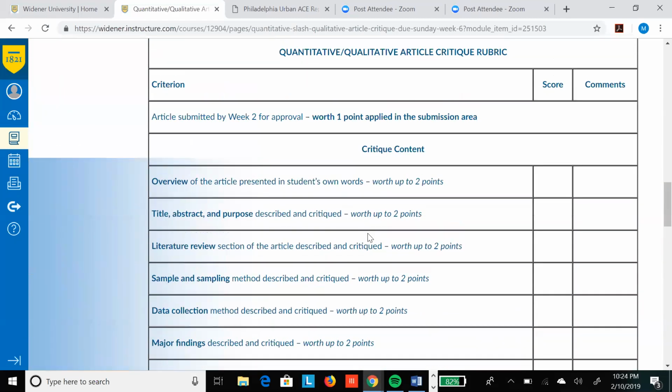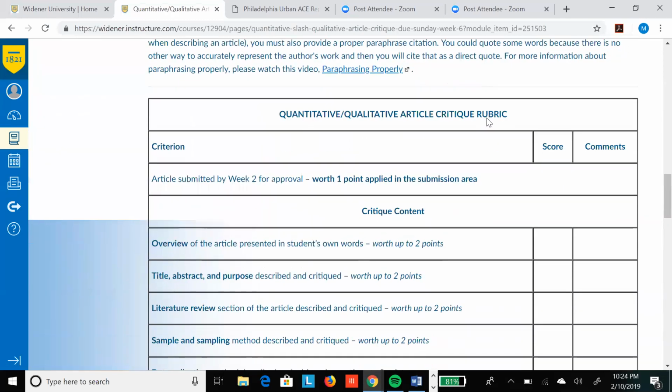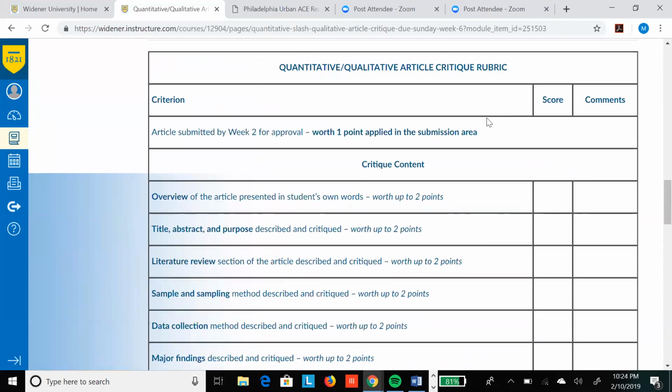So I think that's it. I enjoy this assignment because I get to become familiar with a wide variety of research, and often on research topics that are outside of my own area of expertise. So I find this assignment really interesting. I enjoy reading these papers. Hopefully you selected an article that is of interest to you too, which will make this hopefully a little more fun for you. But I really do look forward to reading these.